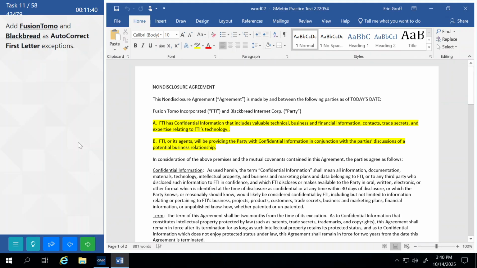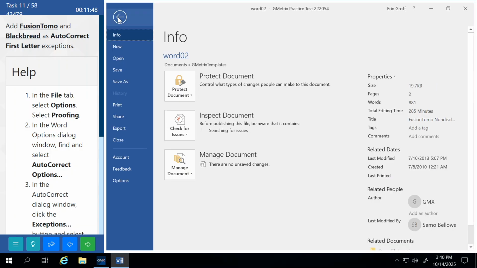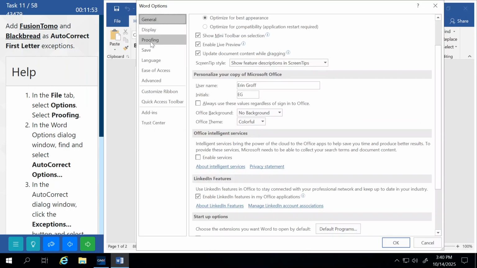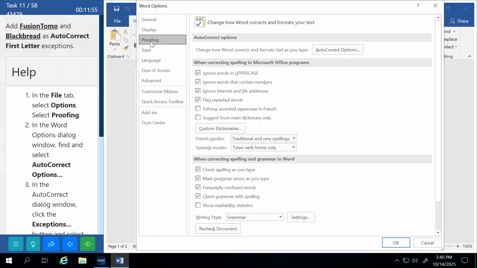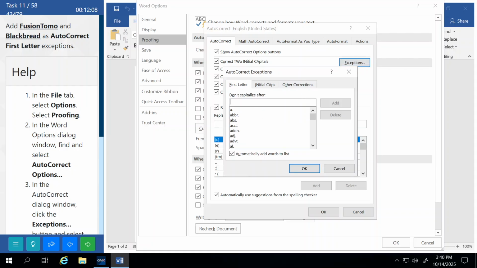Add Fusion Tomo and Black Bread as autocorrect first letter exceptions. We're going to go to our File tab, down to Options, and we want our proofing category. From here we want to select autocorrect options, and on the autocorrect tab we're going to click on exceptions, and we want to add